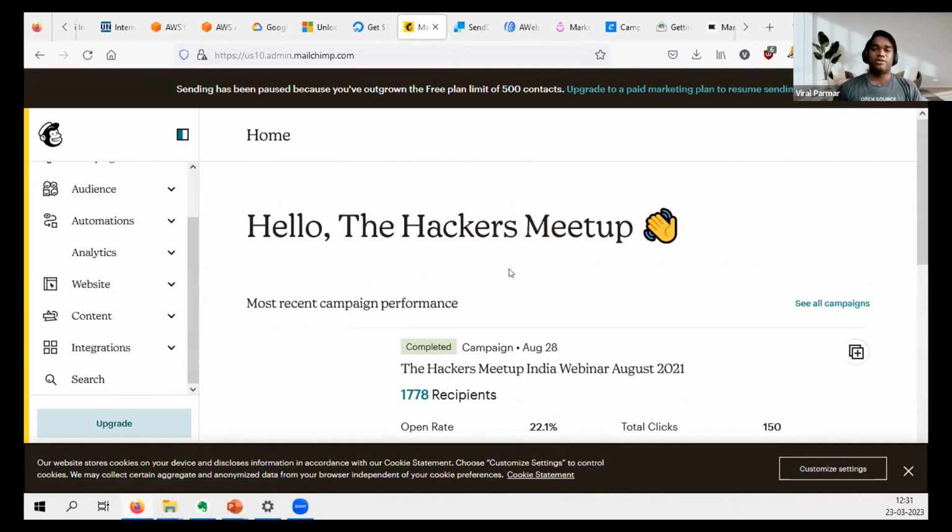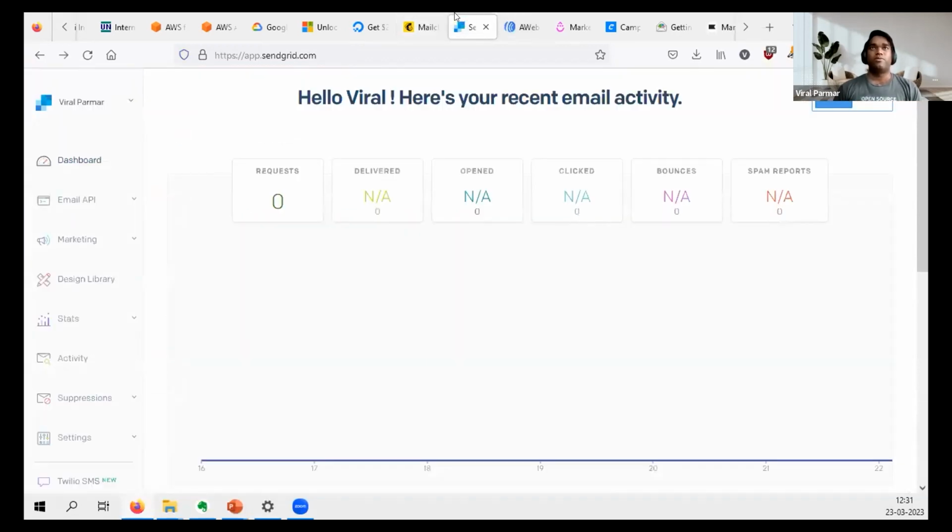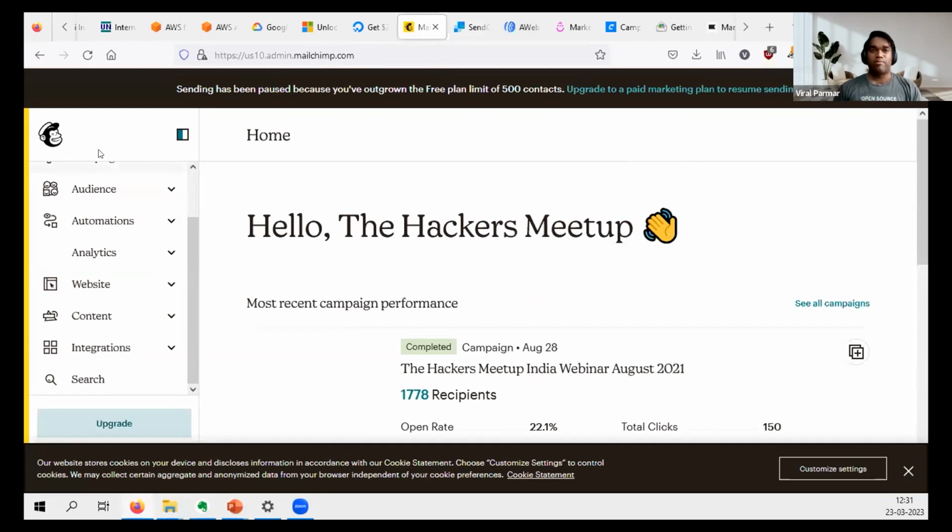The point is, if we are using mailers, then it depends on the number of emails that you will be sending per month to your users or customers. You can use it accordingly, and most of them initially give a few emails for free or at a minimum cost, right?